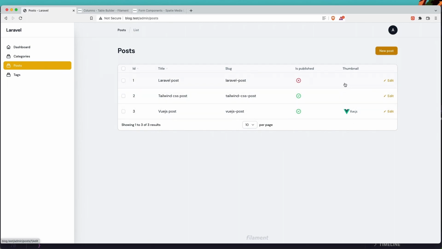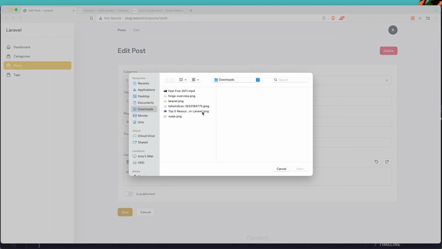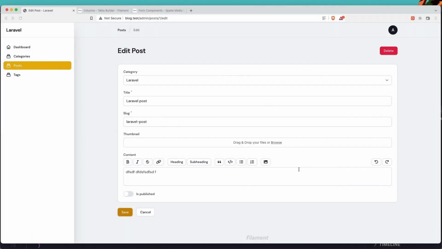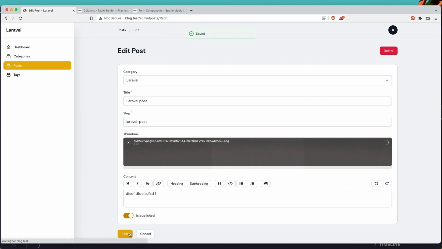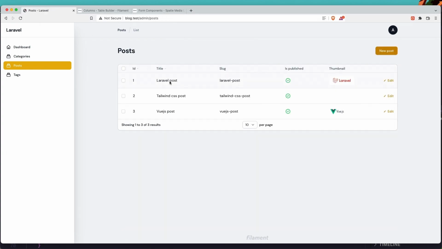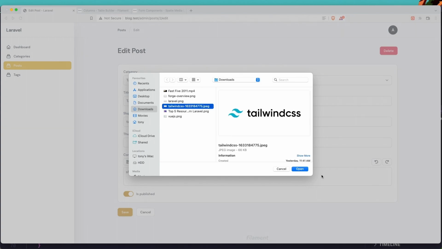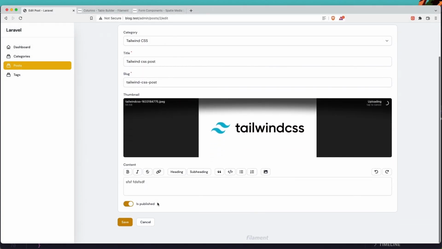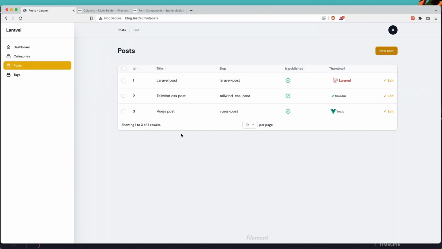Let's go and add also for Laravel and Tailwind CSS. So here we have in the browser, add the Laravel PNG, open, make published, and you see here, okay, the next one is for Tailwind CSS, edit, add file. I have here Tailwind CSS, open, uploading, now save, go back to the post, and here it is. We have all the posts with